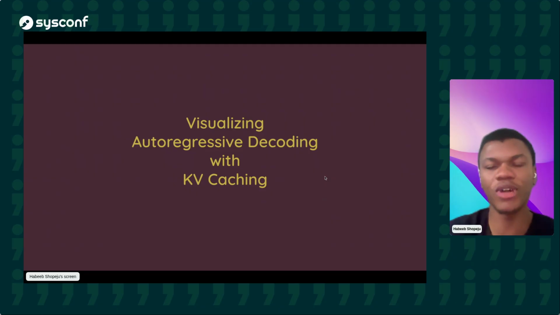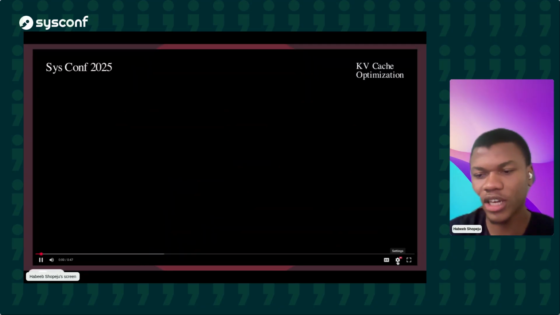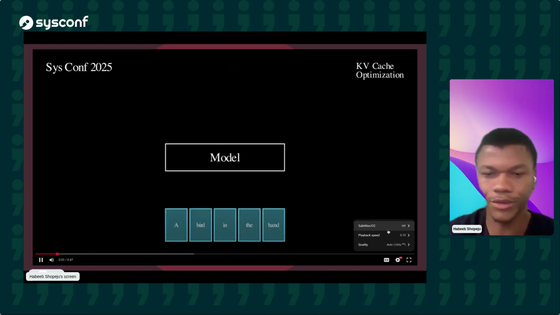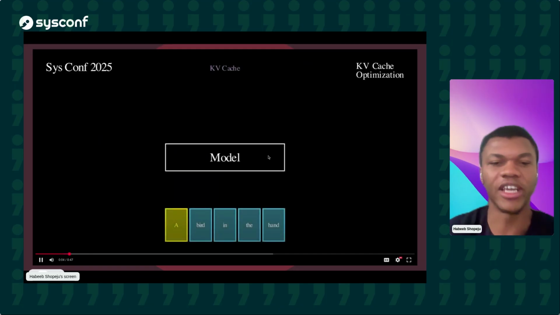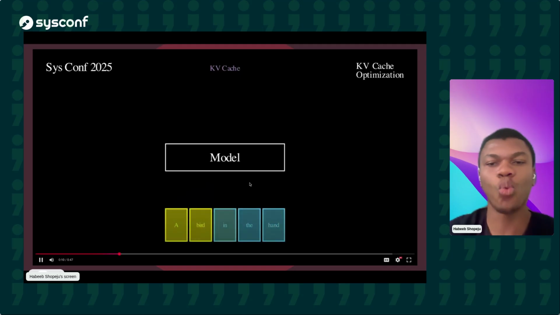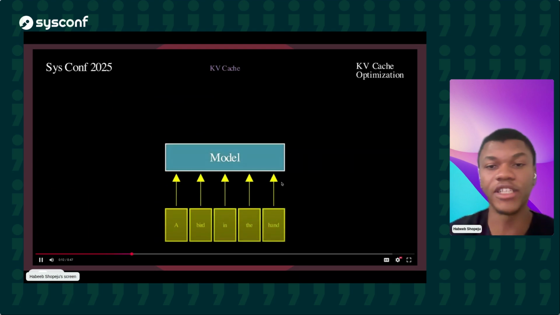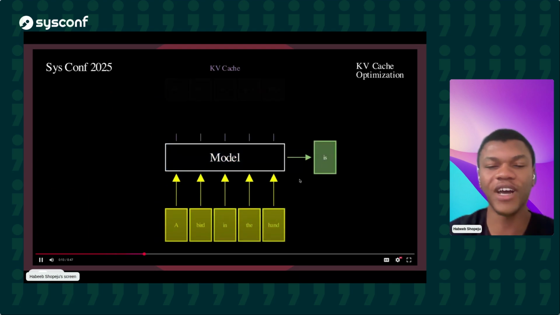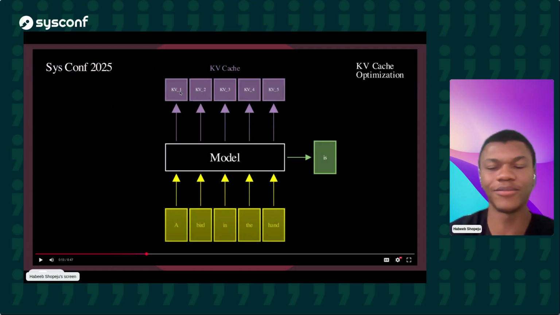So let's see how KV caching works. I have an animation here as well. I'm going to slow that down. The first part is, if you have a prompt, you calculate attention on every single token backwards. As I said, you do that once in the prefill stage, and you get the key value pairs I talked about earlier. So we have that stored in a cache.